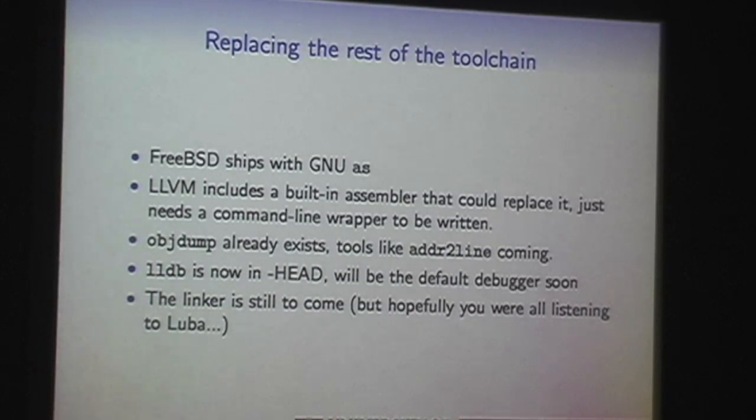I've mostly talked about the compiler and the fun things we can do there. There are other bits of the toolchain. The assembler is pretty easy to replace because LLVM has a built-in assembler, and if you use Clang with -integrated-as, you use that. And I think it's now the default on all the platforms where Clang is CC. So the only thing that we need for an AS command is a little tiny wrapper that says, read this text file, pass it to this library. I really should just write that. I just haven't got around to it.